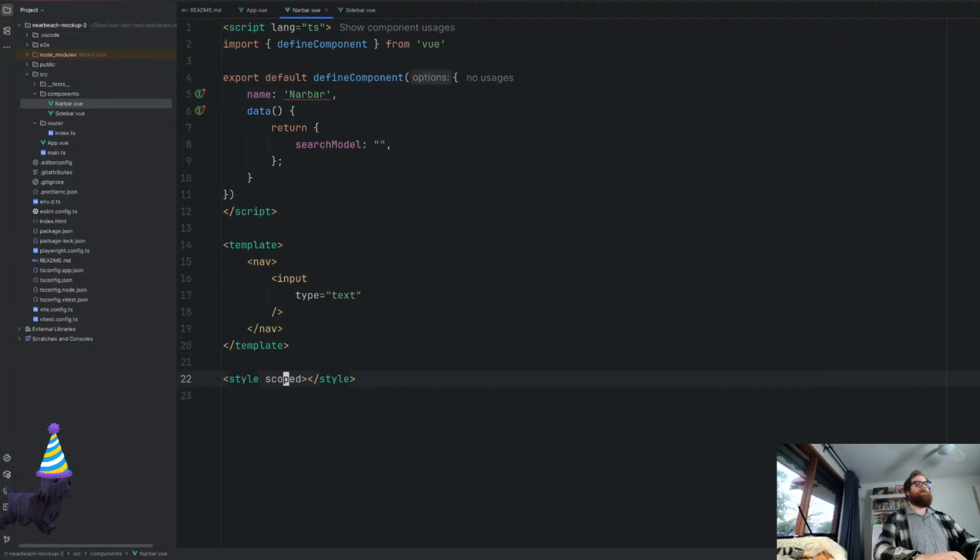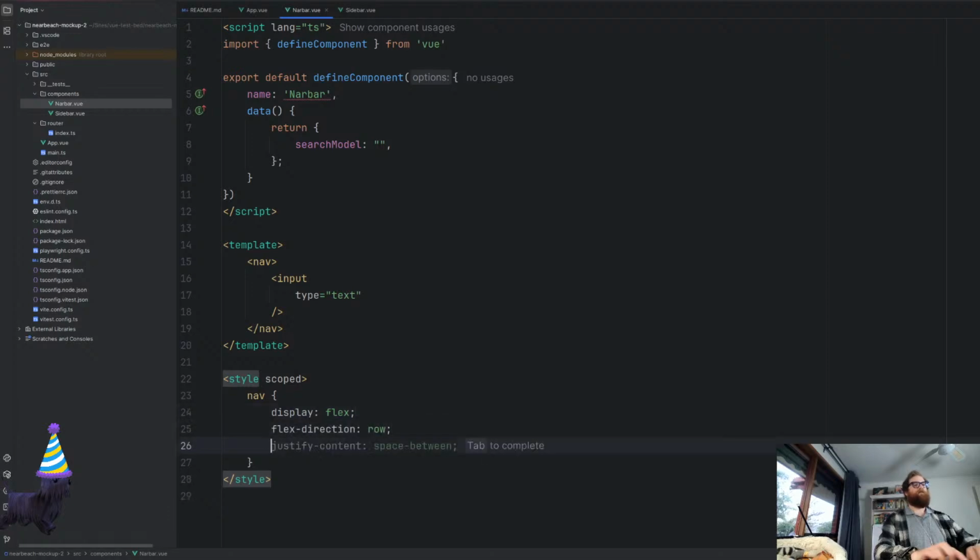So down here with the scoped stuff, what we want to do is we want to have a nav. We want to have display flex. We want to have it in the row like that. And